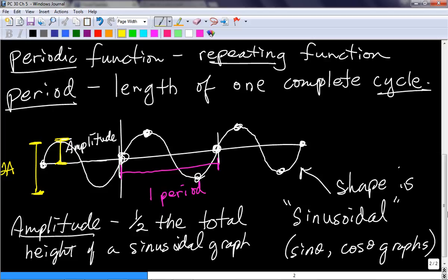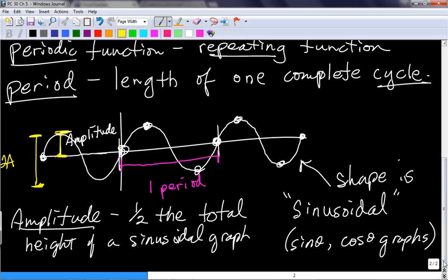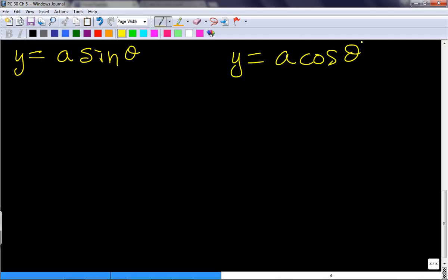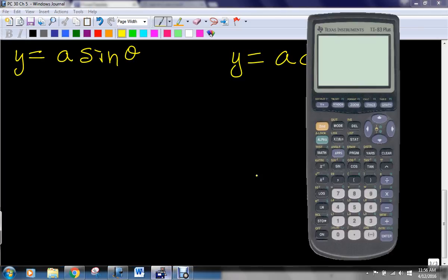All right. Any questions so far? This 5.1 is a pretty large section, I think mainly because it's a bit of a refresh for some points. Okay, so we'll keep going. I'll continue the instruction because, like I say, it's a big section. They want to talk about amplitude next. Okay, so you have seen this, and I think I'll take this moment to hand out some graphing calculators. But we're going to talk about y equals a sine theta and y equals a cos theta. All right, so with your graphing calculator now that